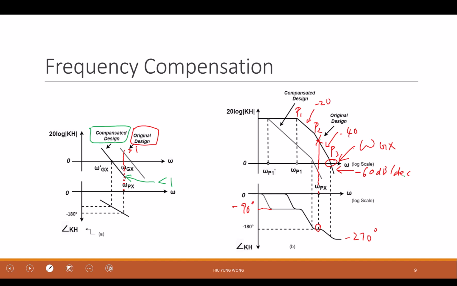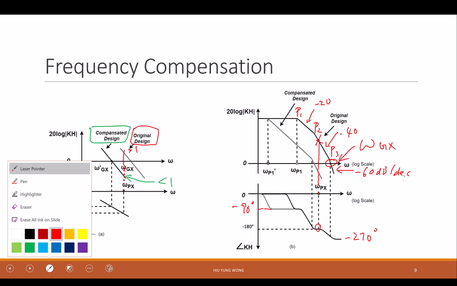What I'm going to do is to add a compensation capacitor. I will show you later. To move P1 to the left. Okay? So this one is like what you said, move it, right? When I move it, however, what it really moves is only the 90 degree. I move P1 to here, now this becomes negative 20. So it starts going down very fast. But I also move the phase shift to the left, as you can see from here,